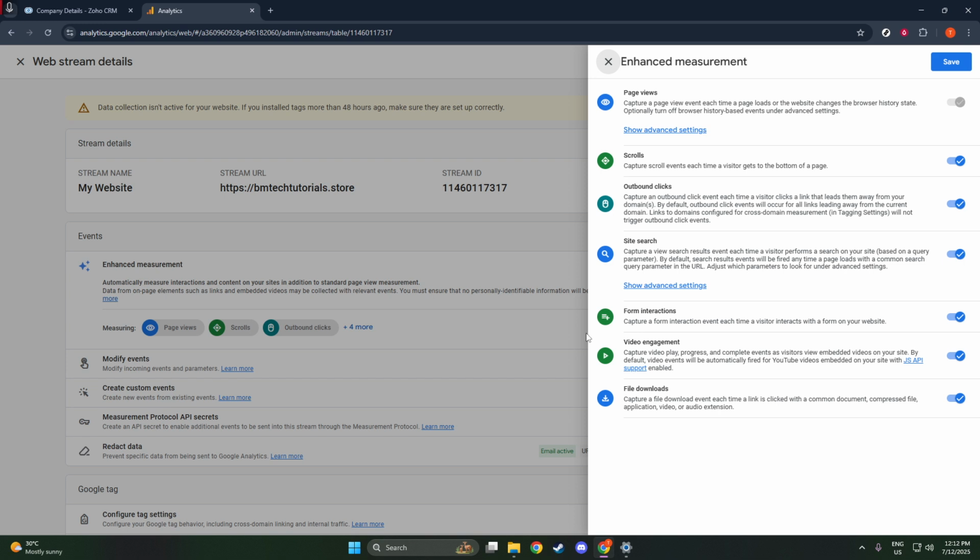Next, you'll want to click on the gear icon associated with Enhanced Measurement settings. This icon will bring you to a configuration menu where you can tweak what gets tracked. Here, ensure that outbound clicks are toggled on. Outbound clicks refer to any link a user clicks that takes them away from your website. It's important to track these clicks because they can tell you a lot about user interest and flow from your